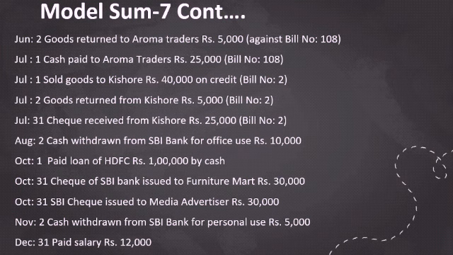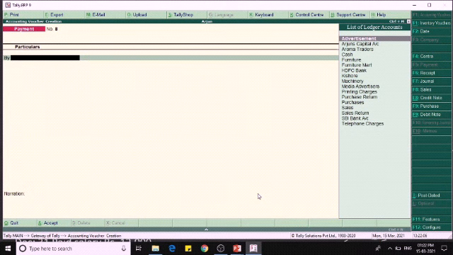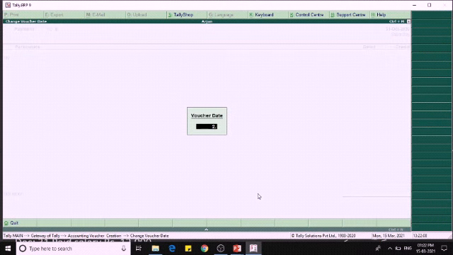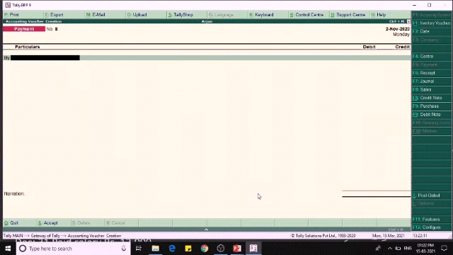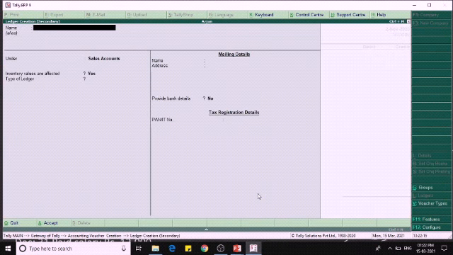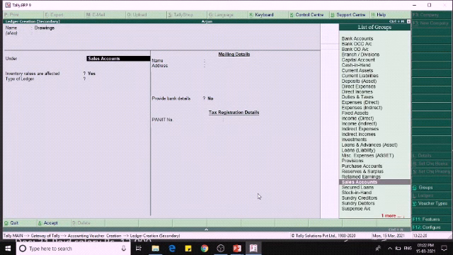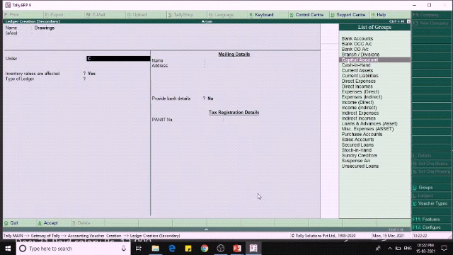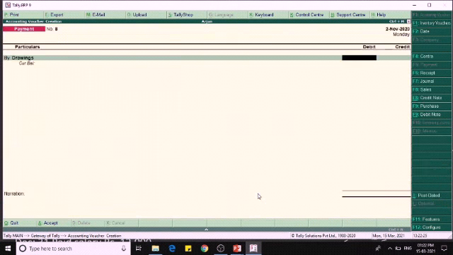And finally on 2nd of November we are withdrawing cash from SBI bank for personal use. So the proprietor is withdrawing from the bank for his personal use rupees 5,000. So this we have to pass it in the payment entry as drawings. Before that we have to create the ledger. Drawings, it will be under capital account.